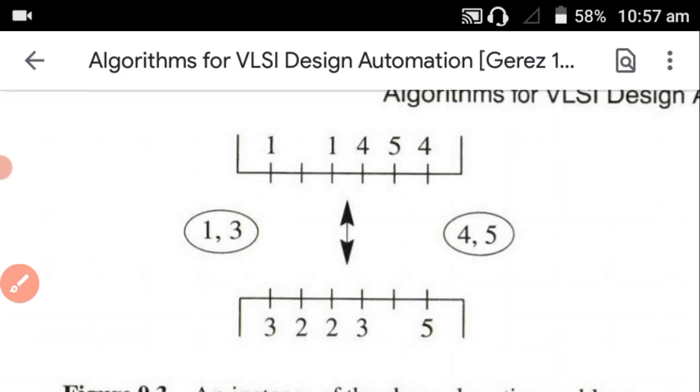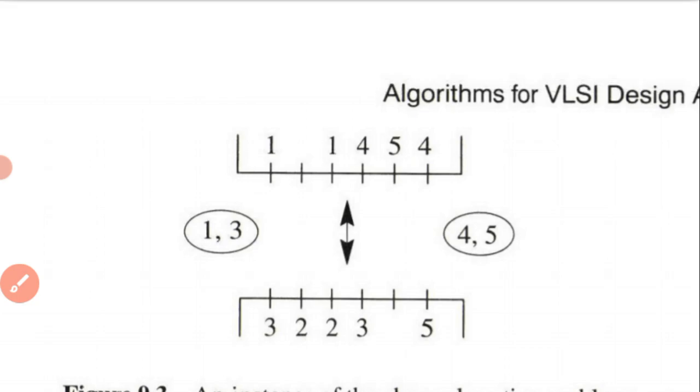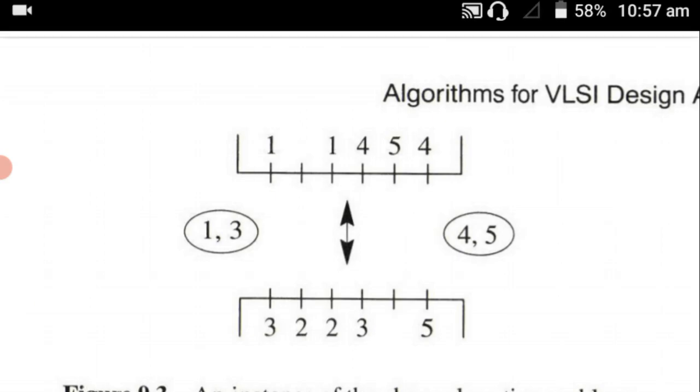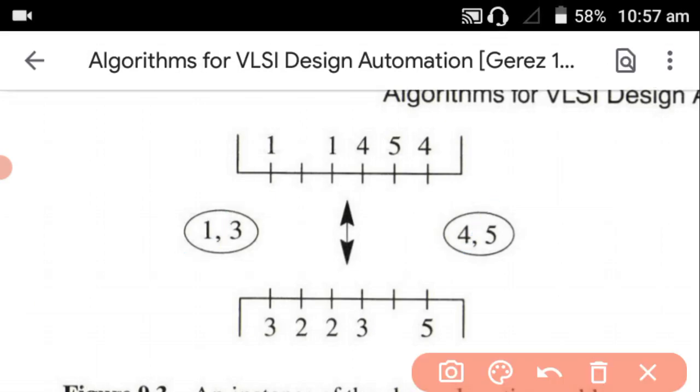The main goal of channel routing is the minimization of height, while a secondary goal is to minimize the total wire length. So here we have to reduce the height, this distance, then we have to minimize the total wire length. We know there will be some interconnection between these, so we have to minimize the total wire length and reduce the number of vias. These are the three goals of channel routing.